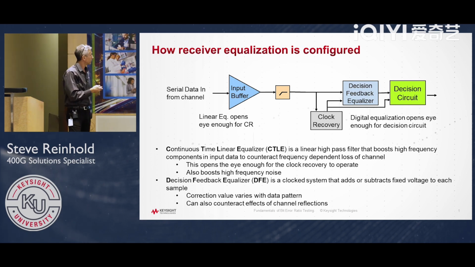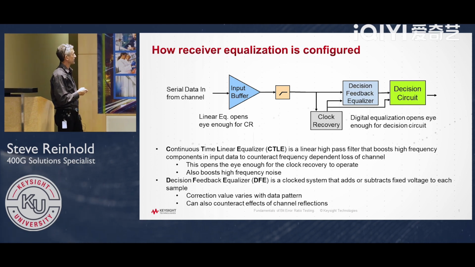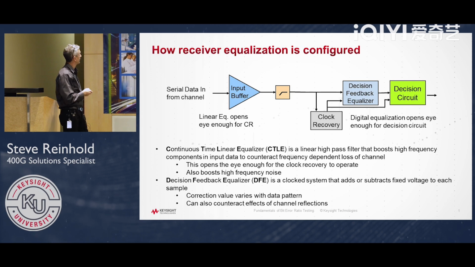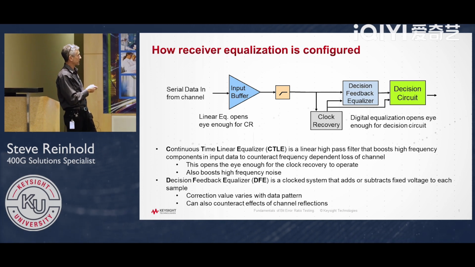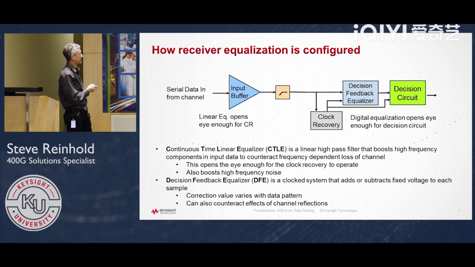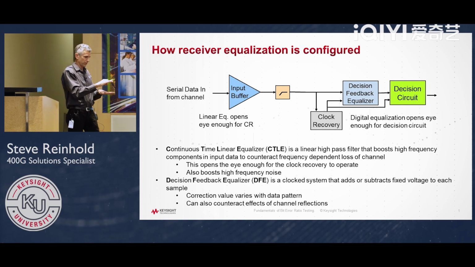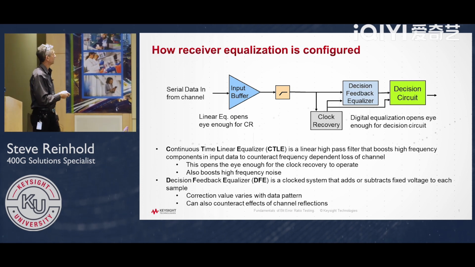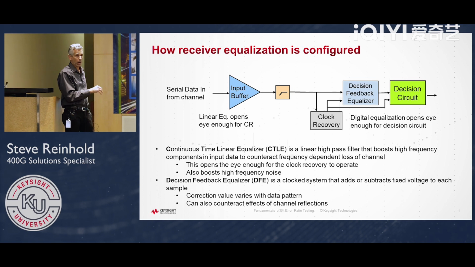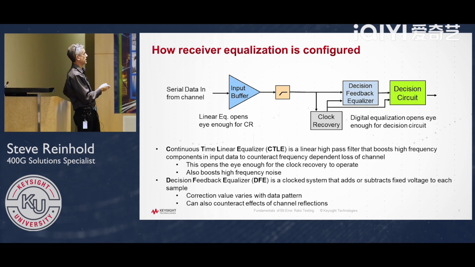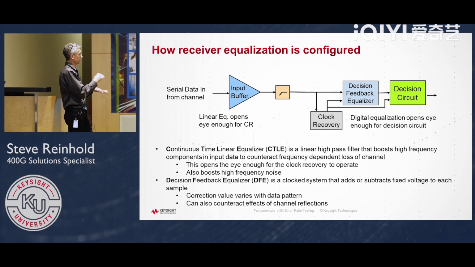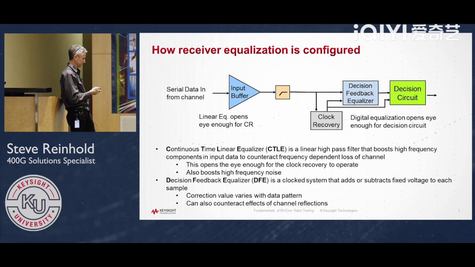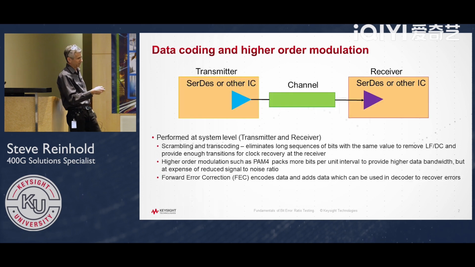A few more details on how the receiver equalization is configured. First of all, there's an input buffer, and then the first thing that happens before the decision feedback equalizer is the CTLE, so the kind of high pass characteristic that opens the eye somewhat. Then we recover a clock off of that somewhat opened eye, and then the DFE kicks in to optimize the signal further before the decision takes place in the decision